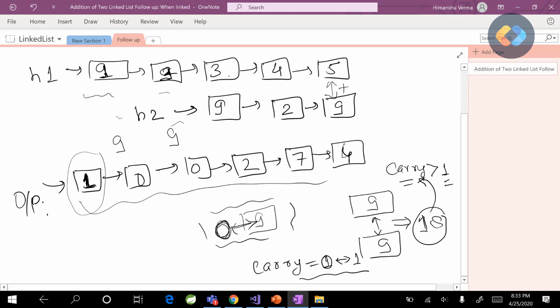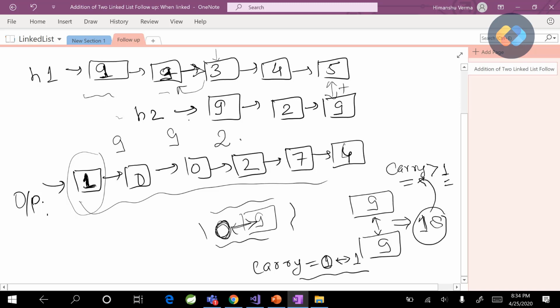When we add these two numbers, we get 12. 12 is greater than 10, so we take it modulo 10 and get 2. This 2 will be stored here, and the carry 1 will go back to the previous node. But as it is a singly linked list, we don't have a pointer to go back. If we are at this node, we don't have a way to go back, so we will not be able to propagate our carry to the previous node.